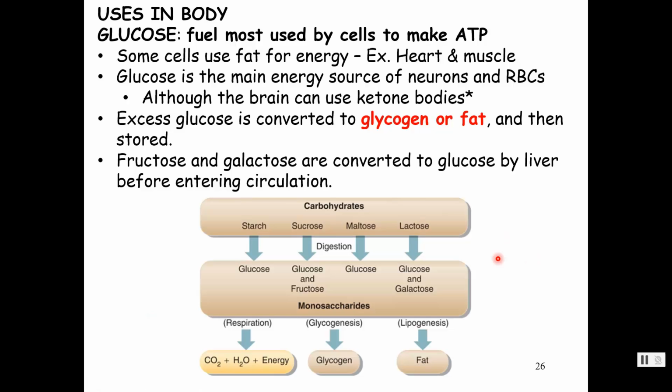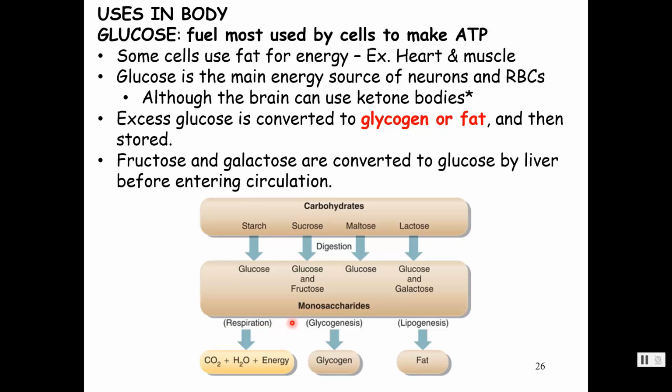So I'm going to look at this. You can go ahead and look at the verbiage. It's showing you carbohydrates. We know complex carbohydrates like starches, and then we have our sugars over here: sucrose, table sugar; maltose, which are those two carbon units broken off of starch; and lactose, which is dairy sugar. Through digestion, they get broken down into their monomer units. So we have monosaccharides, and the number one use of sugars or carbohydrates is going to be for energy, through that cellular respiration we just looked at.